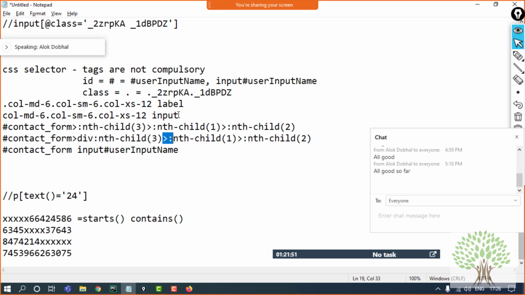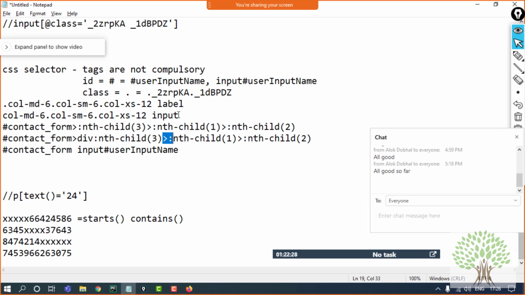For the colon, you are just specifying that you are going to give some particular element, like some nth child which needs to be interacted with. In the case of XPath, we use a star where we are not aware which tag name we are going to use. Fine, I am not aware whether it's a div tag, a label tag, or an input tag, so I'll just use star. That's the concept of star, that it selects all the elements. I'll specify which ID I want to use, and tell it to look for the ID in the whole page and extract that element for me.